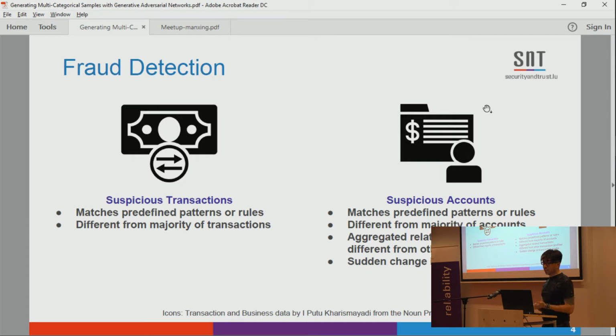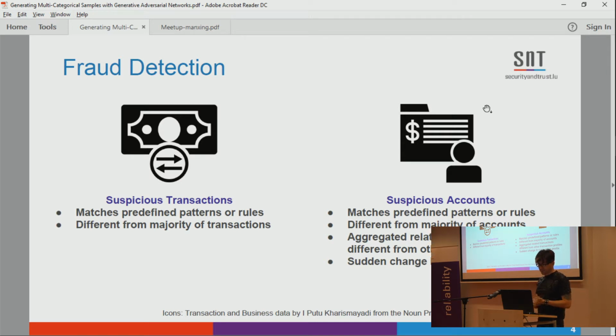And the same thing for the suspicious accounts. We use rules too, we use machine learning too, but also what we can do with them is group all the related transactions and create profiles about users, and we could compare profiles with other profiles, or we can detect sudden changes in a profile when, let's say, a user has a purchase that's very different from the amounts the user